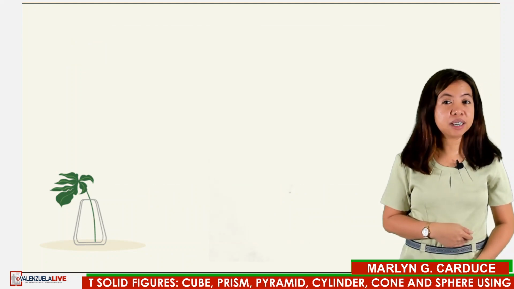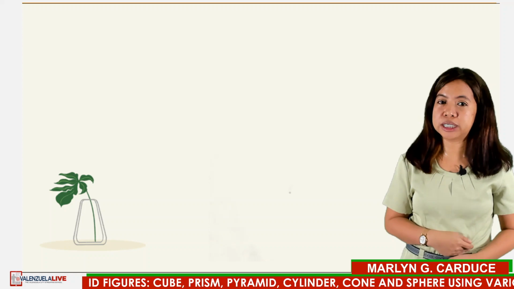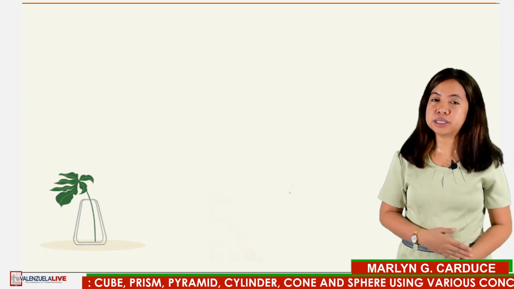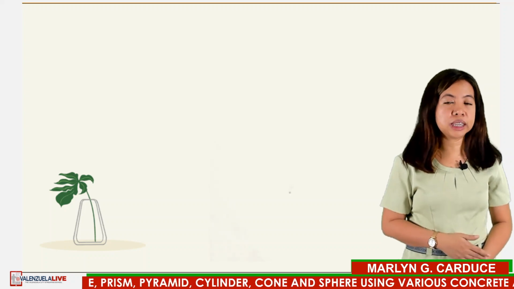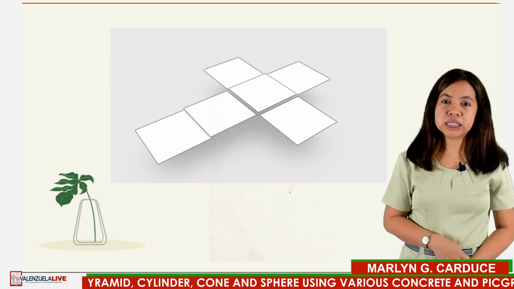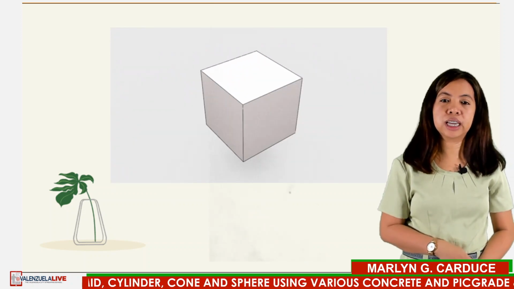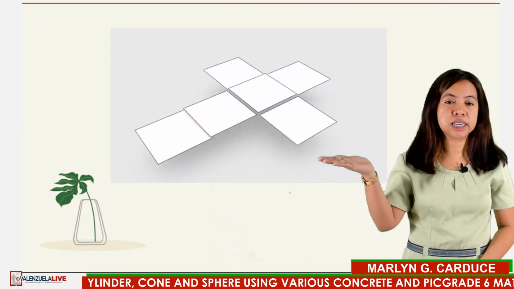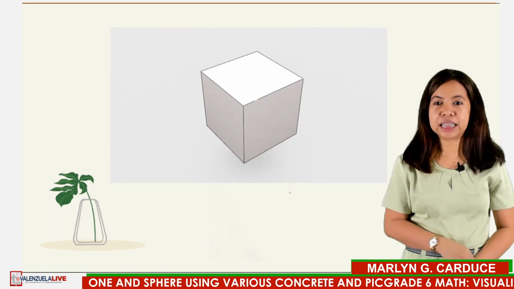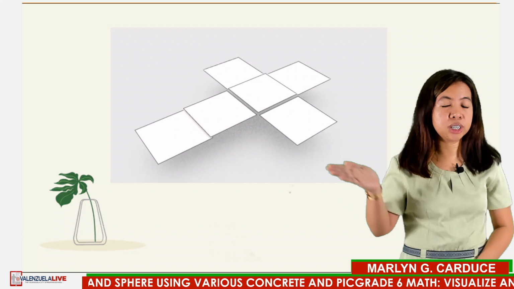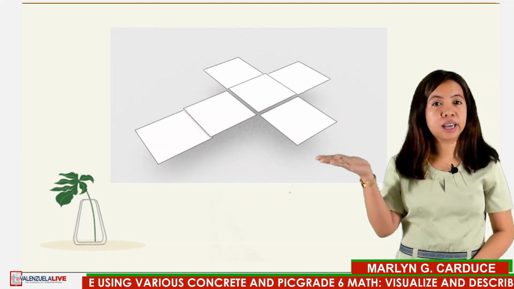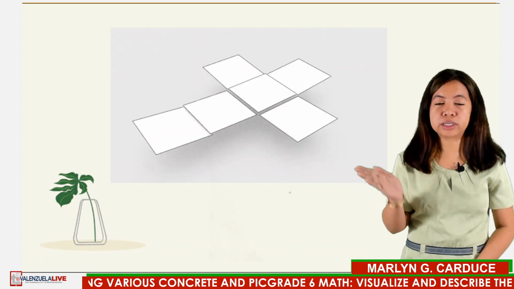So earlier, I have mentioned that solid figures are formed by plane figures. And to help you see the difference between plane figures and solid figures, imagine that you have a perfectly thin box. If you unfold the box, you can see that the 2-dimensional figure that made up the box can be formed